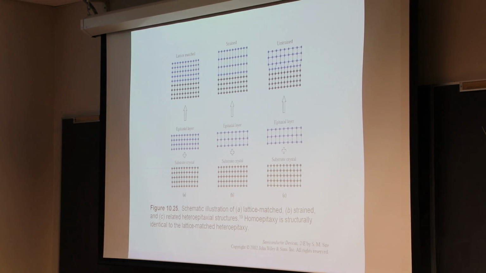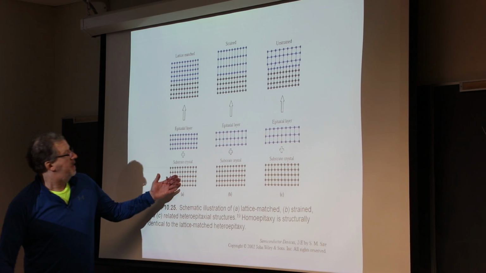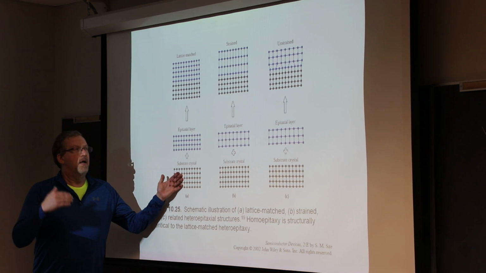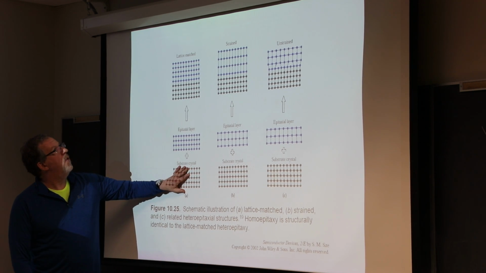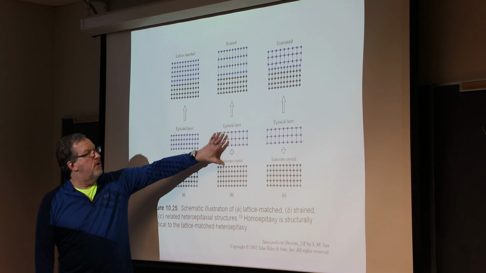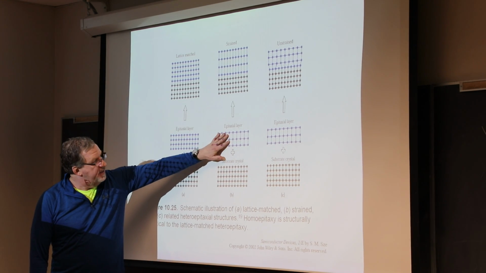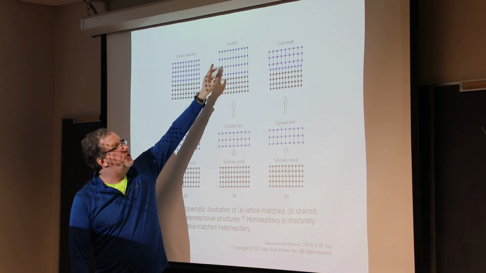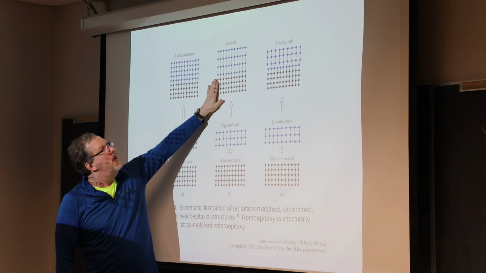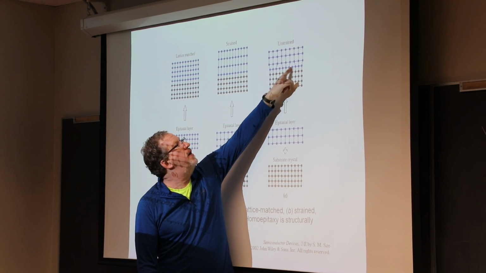So this is really it. This is your Jenga towers. This is the homoepitaxy of one crystal on top of another, where they're the same lattice constant. So it's a homoepitaxy. And here's a heteroepitaxy. This particular case is a larger lattice constant on a smaller one, and see it, there's a deformation. It strains. It tries to accommodate, but at some point the Jenga tower pops, and you get a